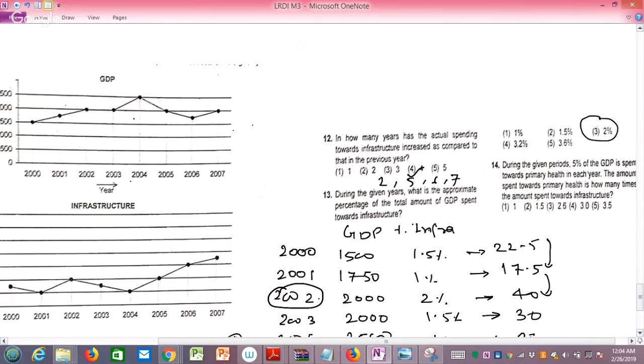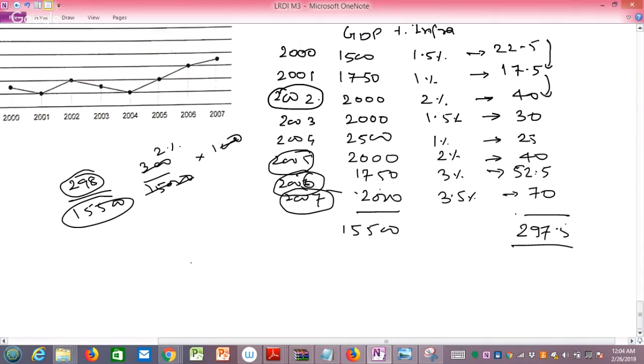So if he says during the given period 5% of GDP is spent towards primary health in each year, then amount spent towards primary health is how many times the amount is spent towards infrastructure? तो 15,500 का 5% is, तो 15,550 divided by 2 होगा ये 775, तो 775 is spent on primary health।